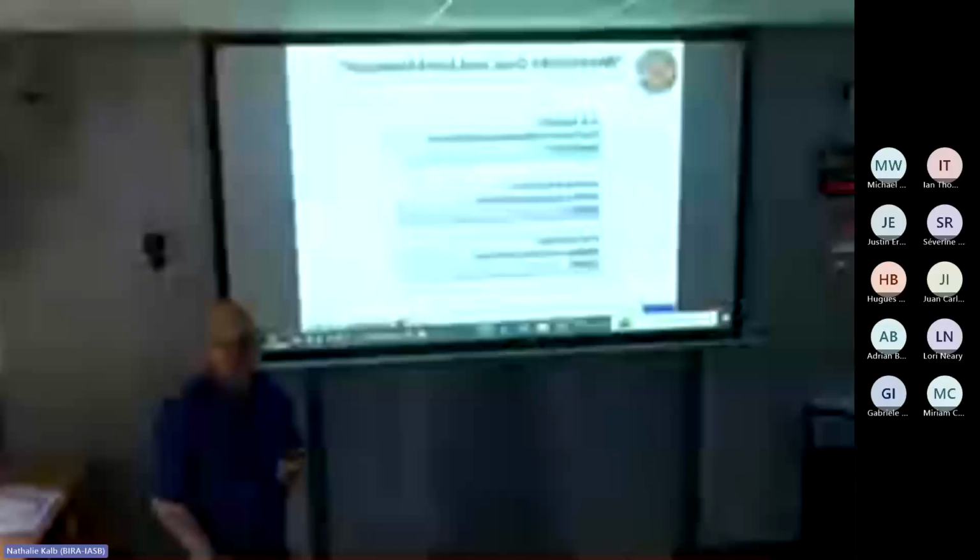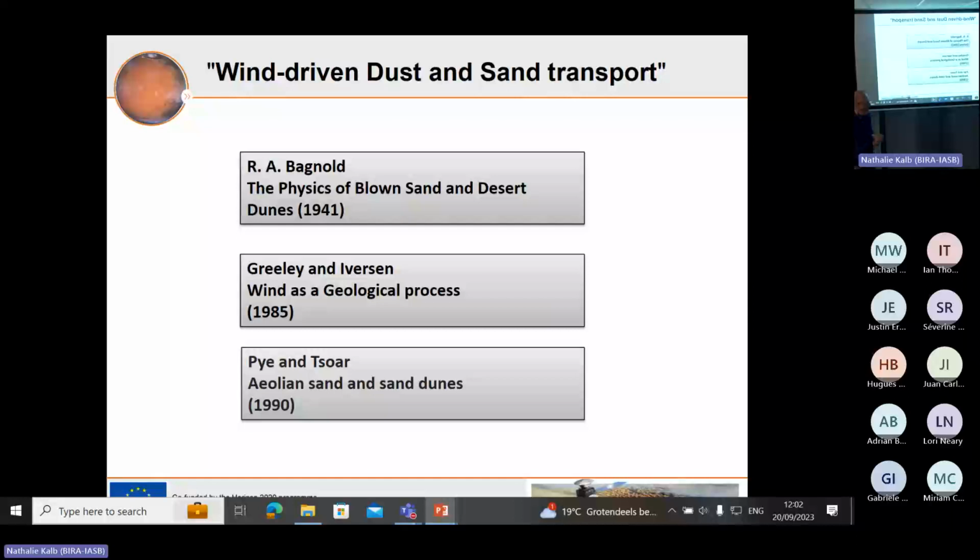The one major textbook that is always used and cited is this one, Greeley and Iverson. It dates back to the late 70s and the Viking Mars landers. So it's dated. And that hasn't really been a problem until maybe 15 years ago, when a lot of information